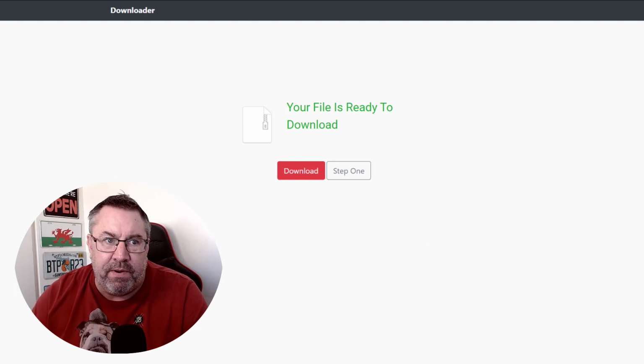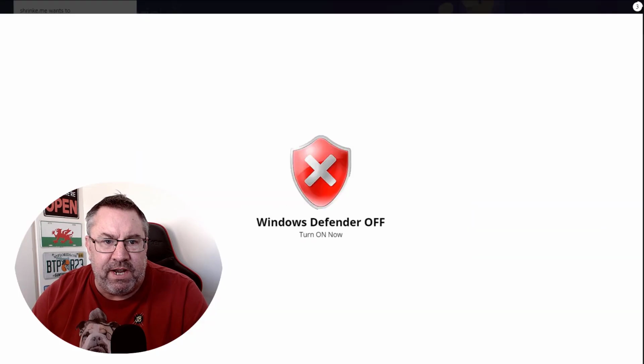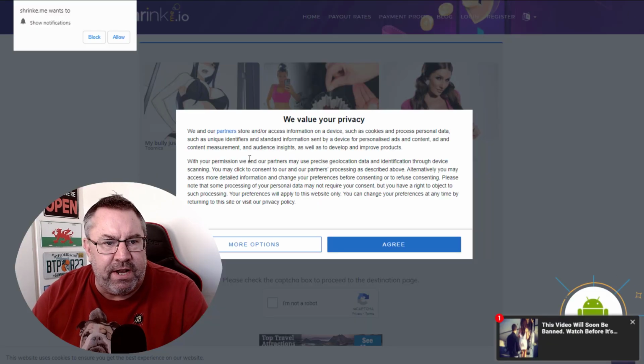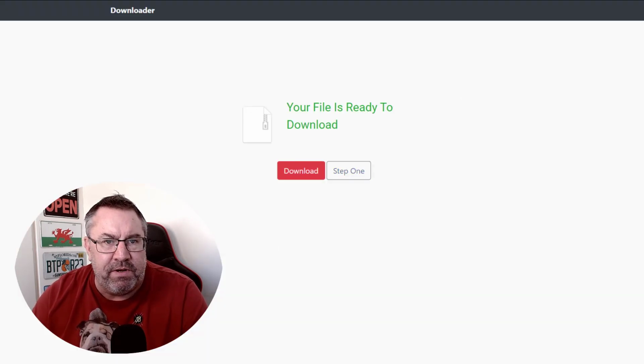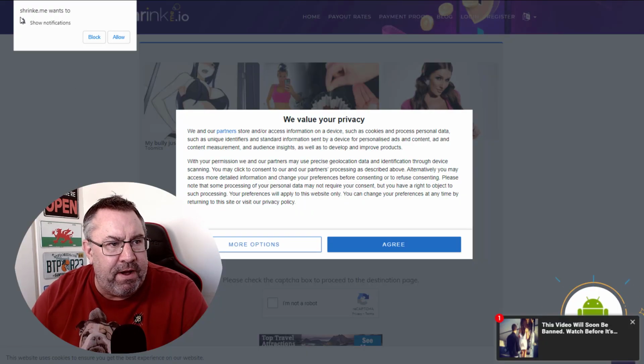Well, that's a little bit naughty, right? So it's asking me to download a file. The other thing is I'll click back to it. It's giving me this Windows Defender advert. If I click on that now, it comes back to the same page, and click on more options. Again, it's asking me to download that file. This notification up here, obviously I don't want to do that.